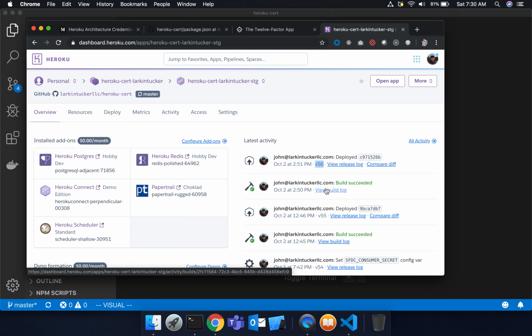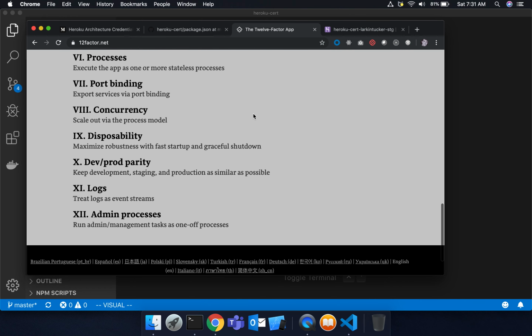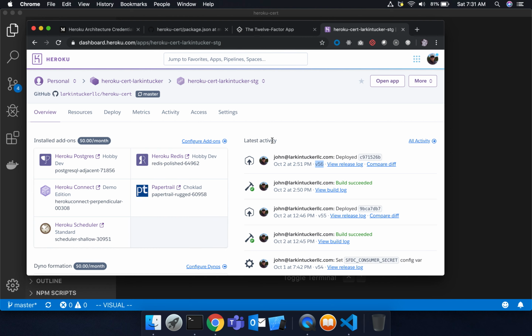So the main point is that the vocabulary of 12-factor app is pretty much what we've been learning so far related to how Heroku apps are built, released, and then run. So I don't think there's much more to add to that other than this is basically Heroku. So processes: execute the app as one or more stateless processes. Right? So if you think about how we wrote our apps,